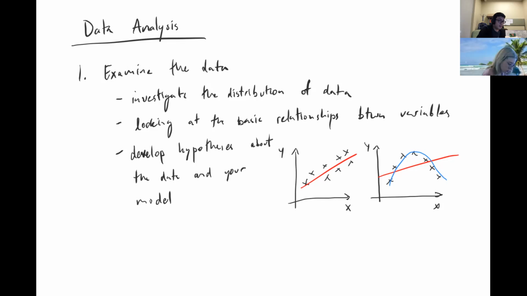Sometimes you may come into a particular project or problem with some idea of exactly what you want to test in mind, or how you want to structure the model based off of other research that's been done, or even intuition of some kind. But sometimes you may be coming into a new data set where you don't have necessarily a good idea about some of the underlying relationships between variables.